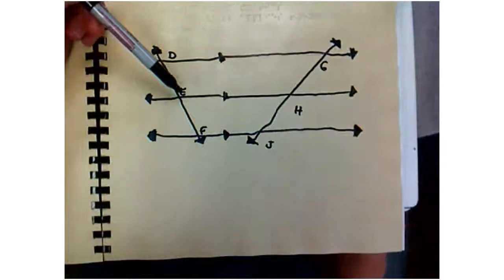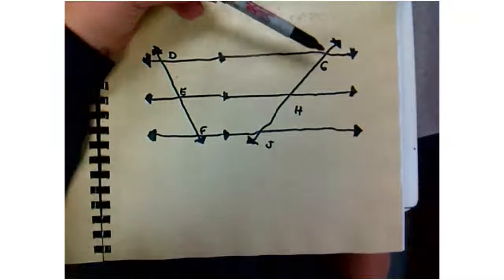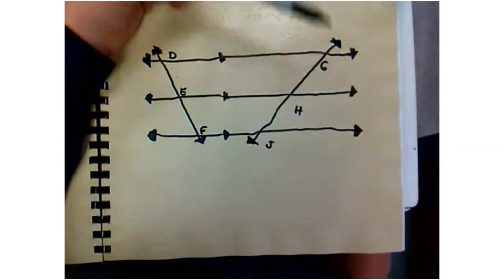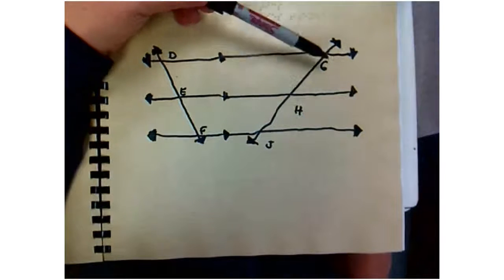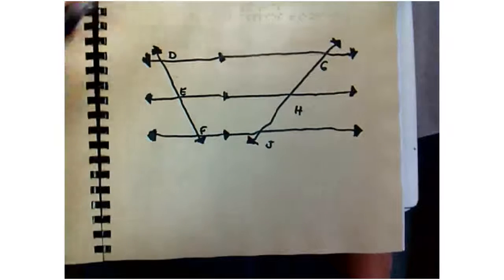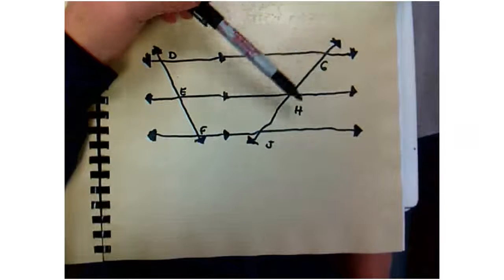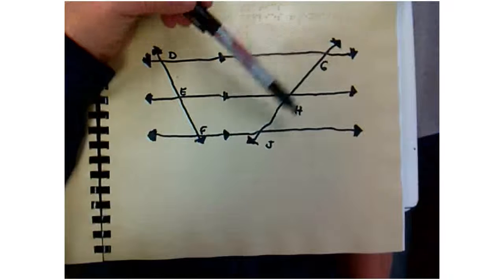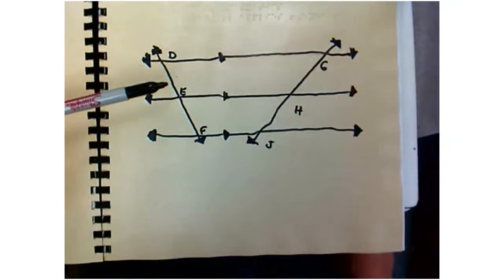DE is to EF as what? As GH is to HJ. Good, as GH is to HJ. Good. How about HJ is to GJ as